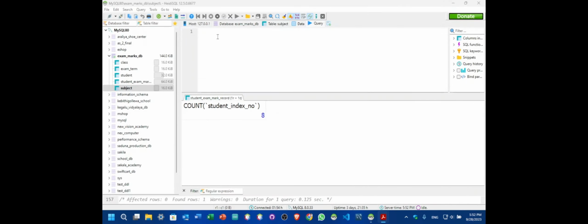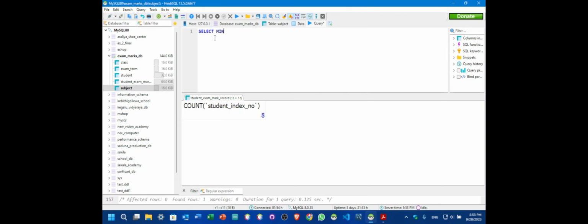So we can execute a select query, and we have to find the minimum value of the marks. So we can use this min function. We have to find the minimum value of the mark column,